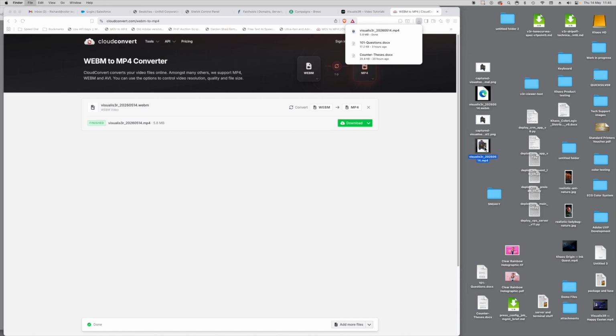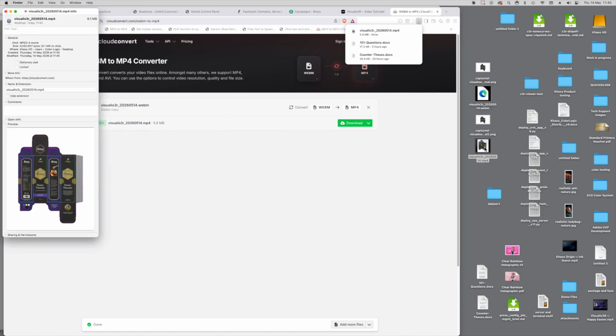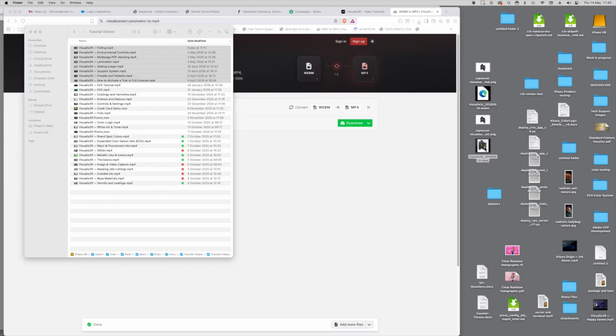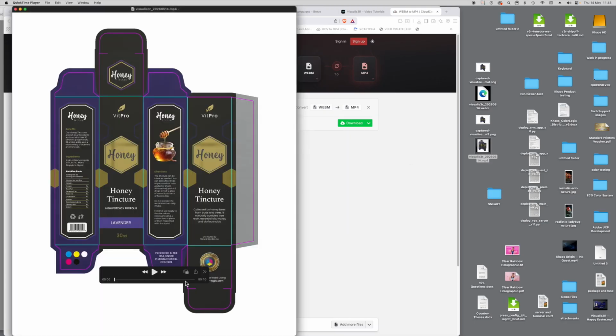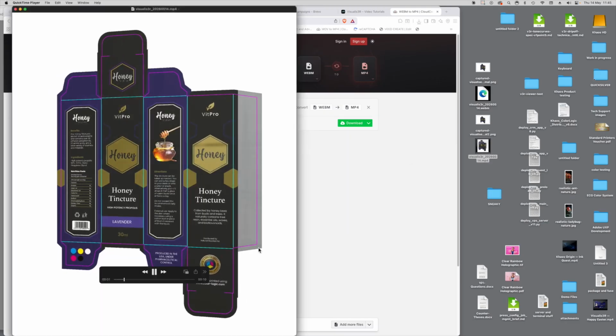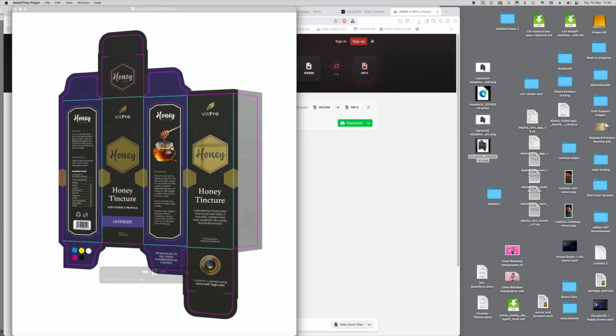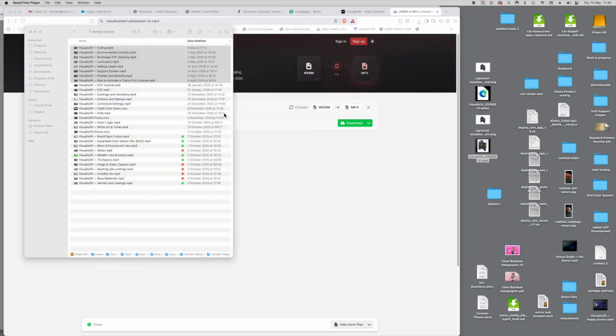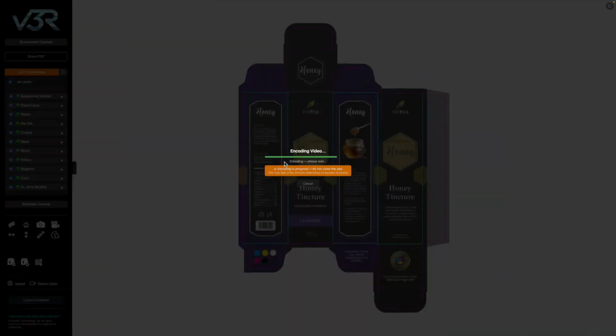Let's just take a look at the file size on that one. So we're down to 6 megabytes. But that is now a movie file. So if you wanted to embed it as a movie somewhere and put it on auto loop, you can do so. All these tools are available inside the V3R,